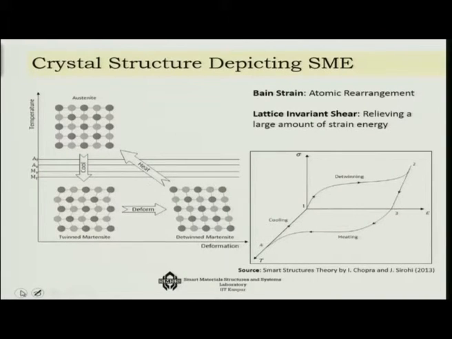So this is now in terms of three-dimensional situation. Okay. Now there are two things that means. One is called the Bain strain, which refers to the atomic rearrangements, and another is the lattice invariant shear, which refers to the release of a large amount of strain energy. Now if I have to follow that, I have to look into now the combined diagram of stress, strain and